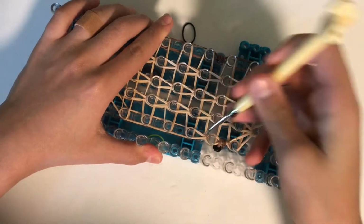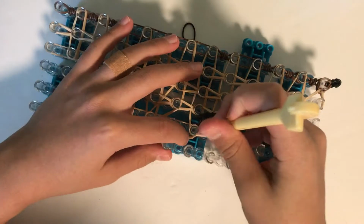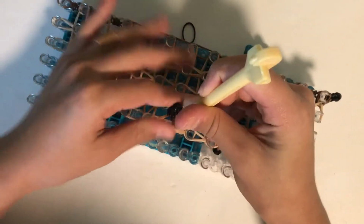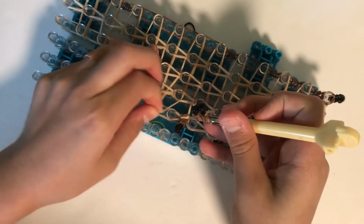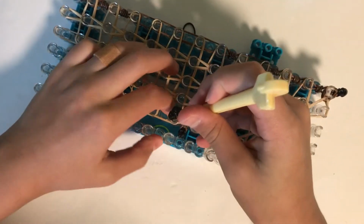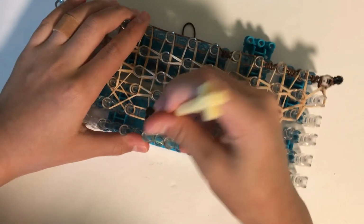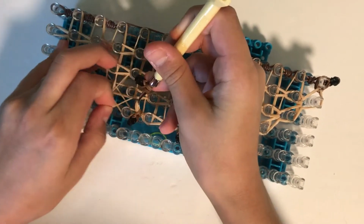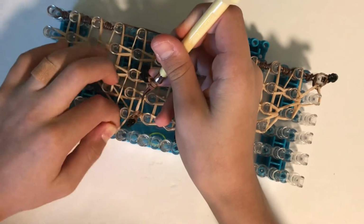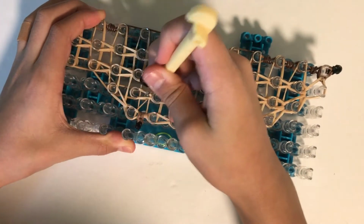We're gonna loom up once, and with another spike, or first go here, temporarily move the holding band, loom it, lift up all 4, slide on the claw, lift up the top 2, put back the holding band, loom it over, loom up once, move the holding band to that peg, loom, lift up all 4, slide on the claw, lift up the top 2, replace the holding band, replace that, loom up the diagonal, loom up that,